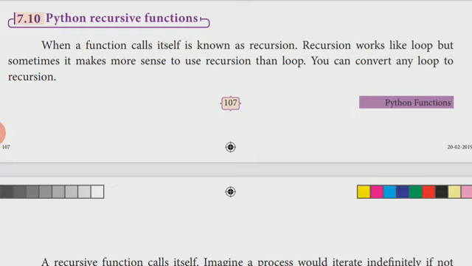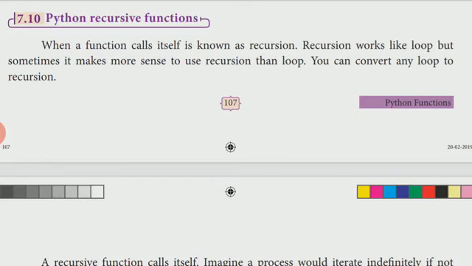A recursive function is a function that calls the same function. A function calling itself is called recursion. Sometimes we can use recursion instead of a loop, since every time it will do the process continuously.